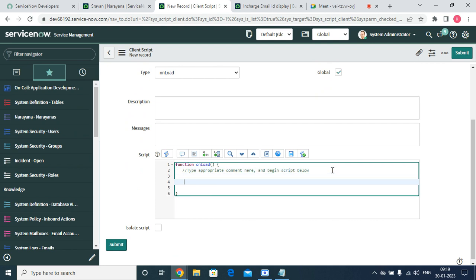See here, what we have written is that whatever is in g_scratchpad, from that g_scratchpad we have written the same thing,